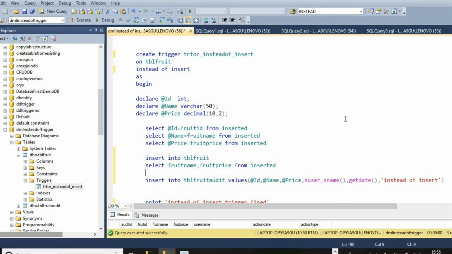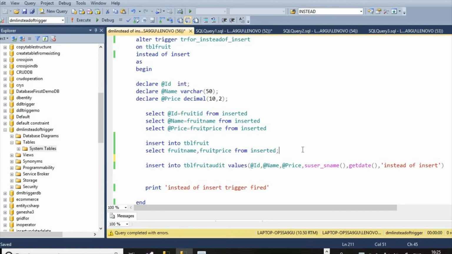Because if we take select star from inserted, we have seen that id in the inserted table was 0 in this trigger. So then the id of tbl fruit also becomes 0, but it is not necessary, because in the tbl fruit there is id column with identity primary key.